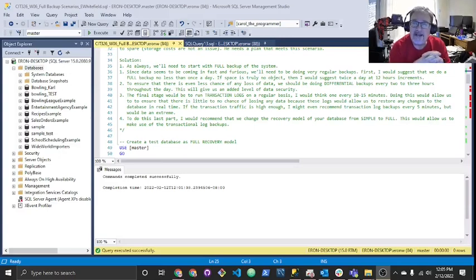We're going to do the second scenario, which is for Wide World Importers, and we're going to go ahead and discuss their data solution. All right, gentlemen, I want to thank you for meeting with me today. I have looked over your data recovery needs, and based on the information that you gave me, what I'm going